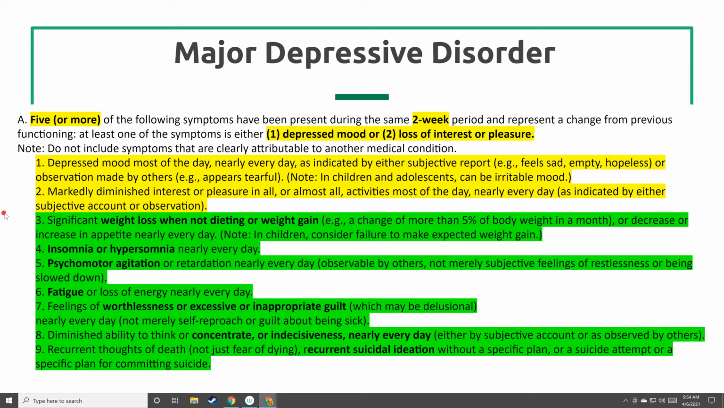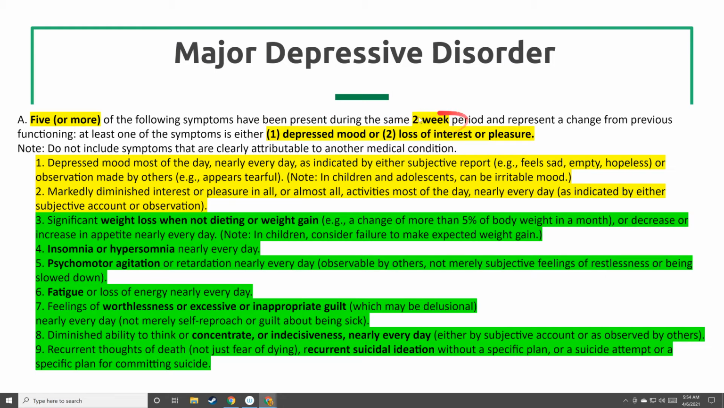So what I've done is I've color coded the DSM-5, which you guys have the handouts for. And this is how, if I were a student, I would go ahead and color code this for myself so I can use these to diagnose the case studies that we're getting into tomorrow. So take a look at my first highlight here. It's 5 or more of the symptoms in that 1 to 9 list. So 5 or more of these have to be